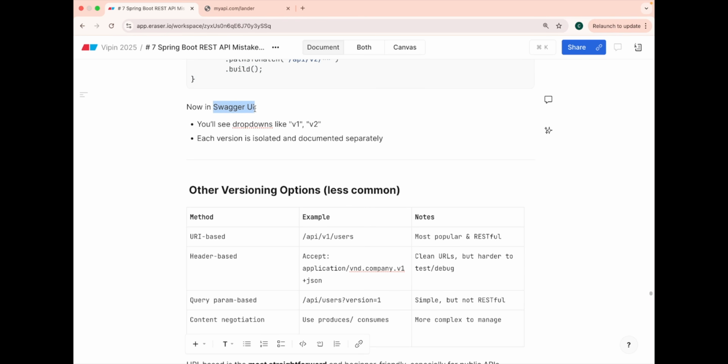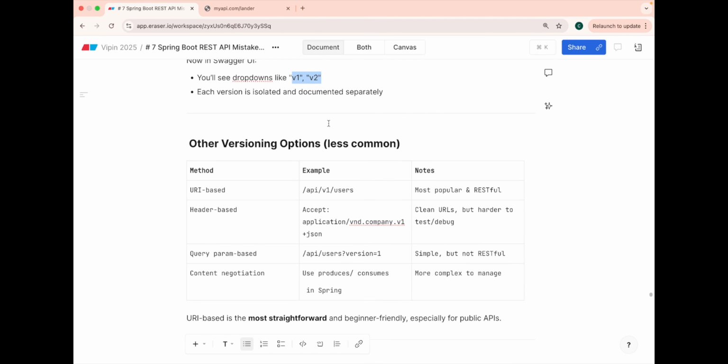So in the Swagger UI, you will see a drop down as v1 and v2. If I'm an old non-migrated one, I'll keep on using the old contract of v1. But if I'm the mobile application, I want to use the new and enhance my UI seamlessly, I can start using v2 as a version and use the segregated Swagger contracts also.